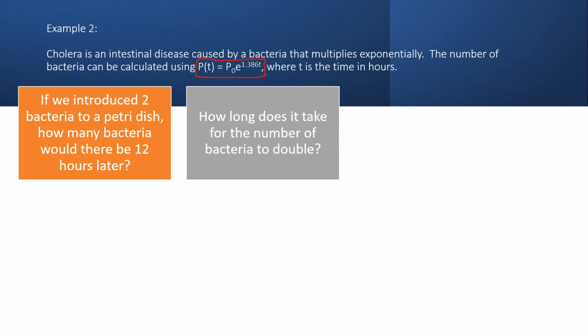Knowing that we're introducing 2, that would be my starting number of bacteria, so that's going to go into this formula for P0. And reading that there are 12 hours, that is a time, so that's going to go into the formula for T. So the population at some later point in time is going to be 2, replacing the P0, e